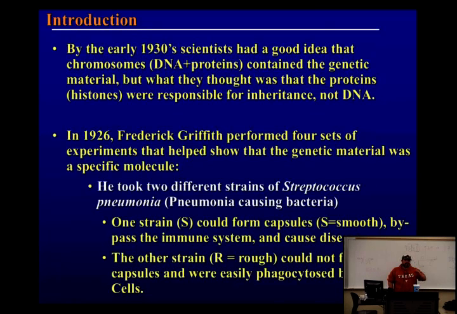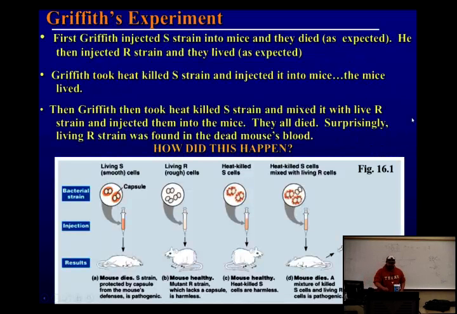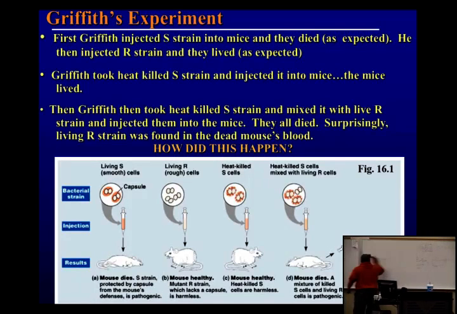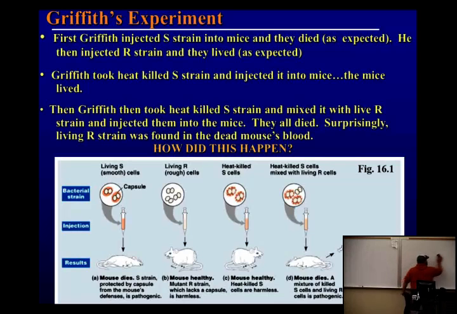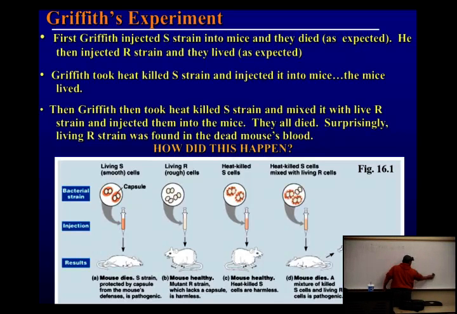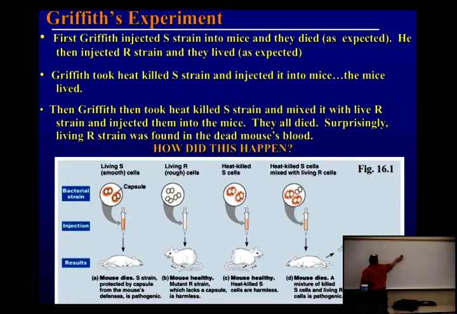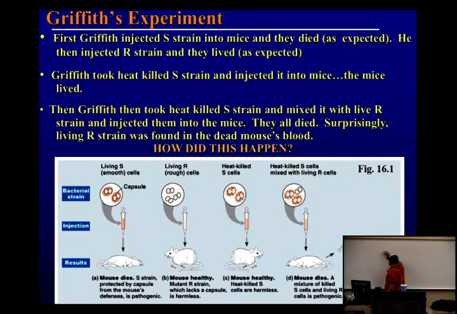In 1926, a guy named Griffith did an experiment. It's a weird experiment, but you're going to have to follow along with this. He was doing research on a bacteria called Streptococcus pneumoniae. Can you guys guess what that causes? Yeah, it doesn't cause strep throat, it causes pneumonia. And back in the 20s, what would happen if you got pneumonia? You died. So there are 2 kinds of bacteria, two strains of Streptococcus pneumoniae.